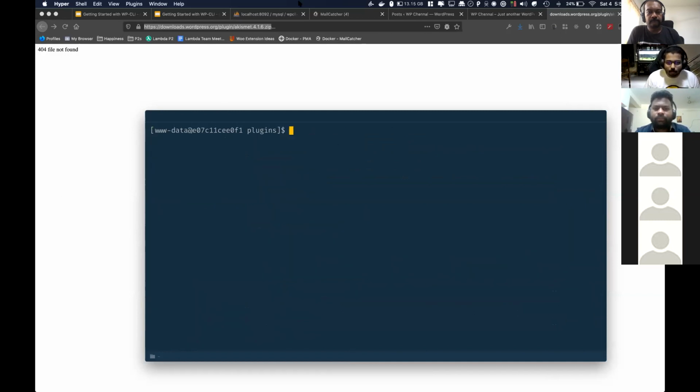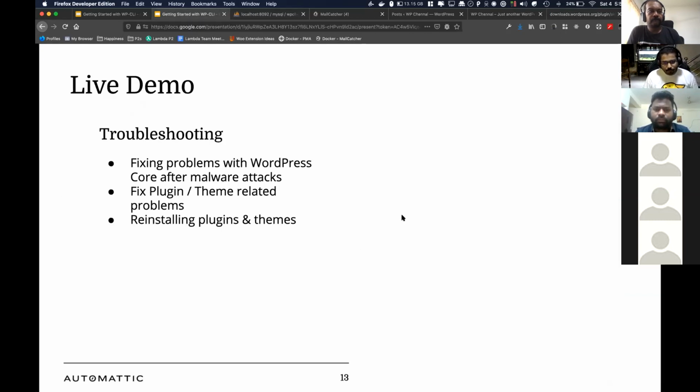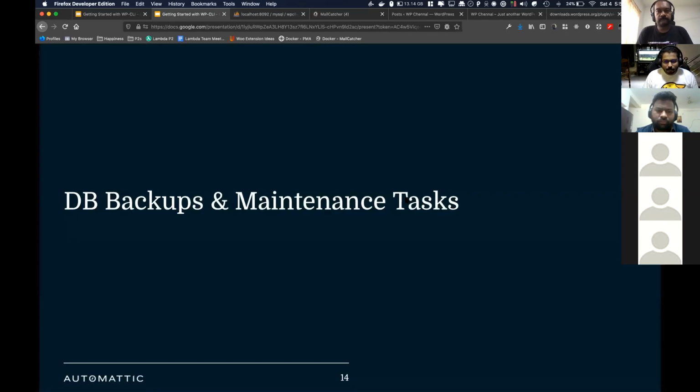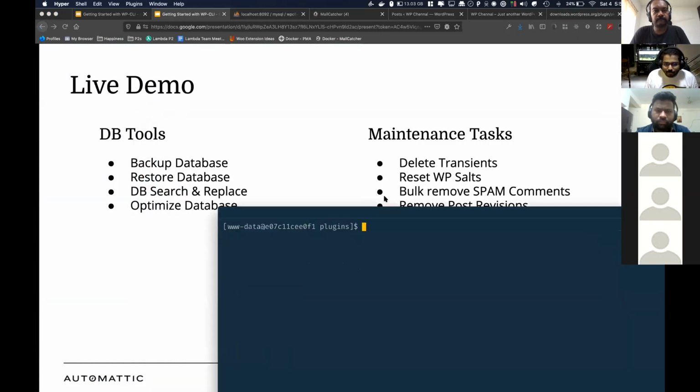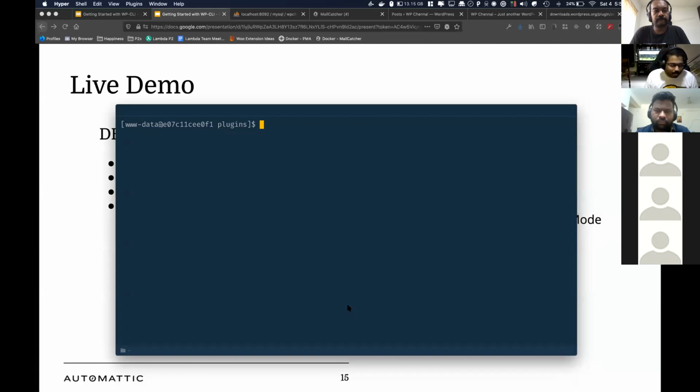So that's how we can troubleshoot stuff. Then there are DB backups and maintenance tasks. So it is possible for you to generate a copy of your database. You can export it, you can import it, you can optimize the database, and you can use search and replace. These are destructive functions. So make sure you have a copy of your database stored somewhere before attempting to do